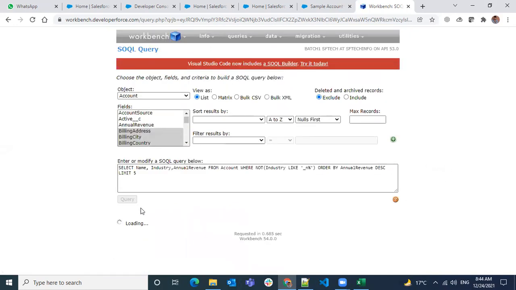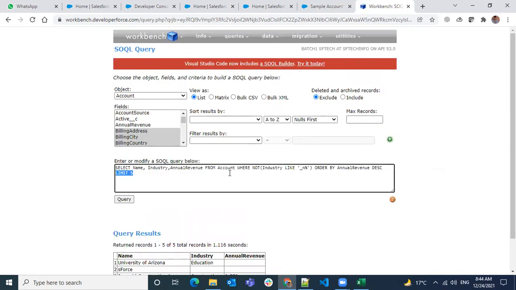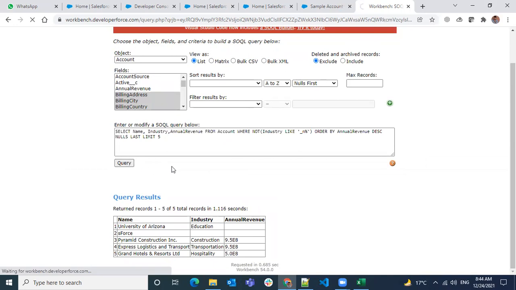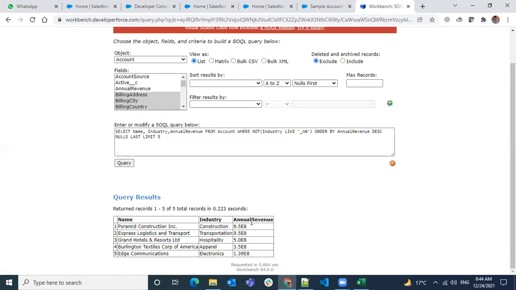Why? Ignore the limit, and whatever result you are getting, it will return only the first 5 records of that result. And if you mention that null should be at last, then the result will be different. Whatever is in the first 5 records, it will be displayed over here.